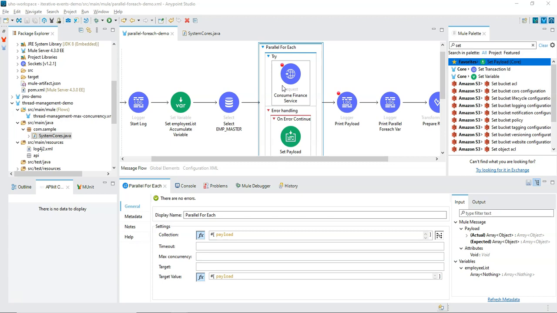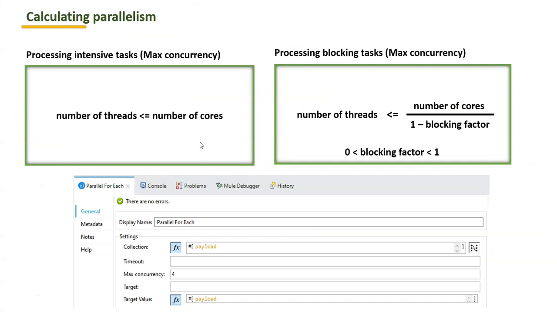So how can we calculate this max concurrency? We should follow these rules to calculate the parallelism to provide the value to the max concurrency, such that it would be able to execute the events according to the max concurrency provided.